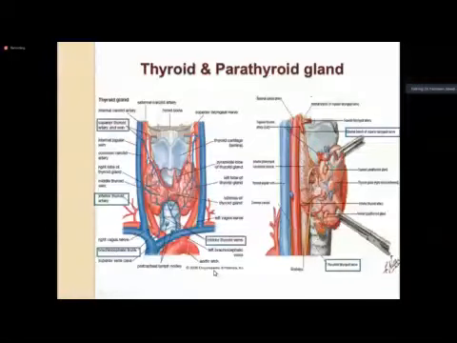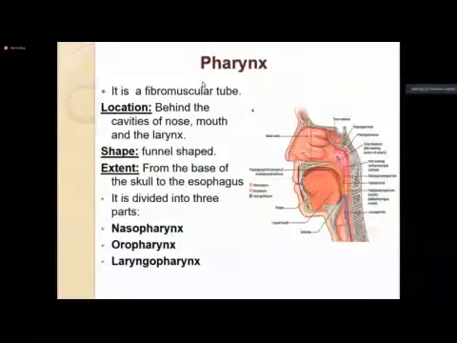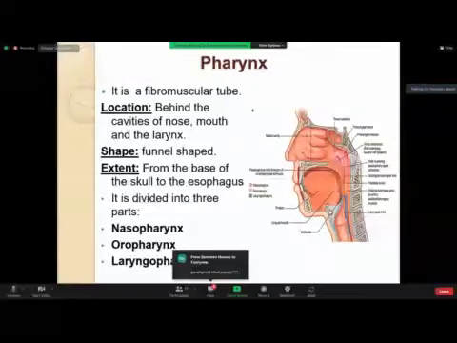देन व्हाट इज फेरिंक्स? ट्यूब, फाइब्रोमस्कुलर ट्यूब, इट इज लोकेटेड बिहाइंड द कैविटीज ऑफ नोज, माउथ एंड द larynx, and it extends from the base of the skull to the esophagus, and it is divided into nasopharynx, oropharynx and laryngopharynx। यानी इसके तीन पार्ट्स pharynx के होंगे।